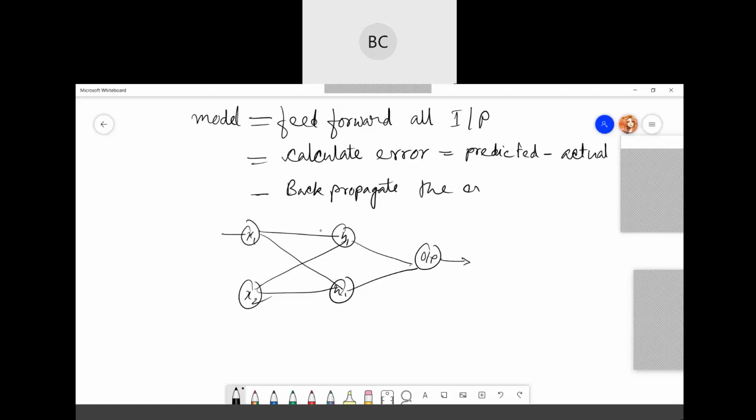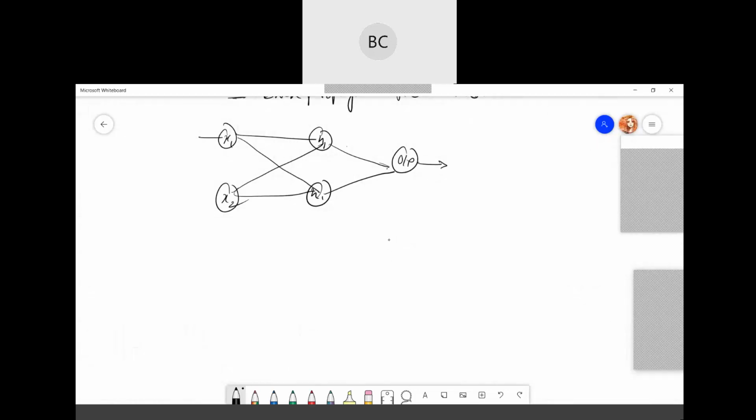Now for the weight updation, when you propagate the error, you are going to update each of the weights associated with the hidden layers. How you are going to do it is with the help of gradient descent.